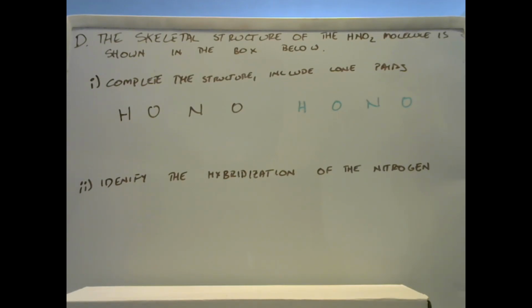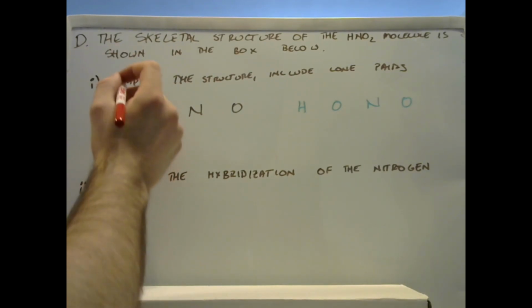It says the skeletal structure of the HNO2 molecule is shown in the box below. Complete the structure, include any lone pairs. There are two ways to really draw this: the way that you're traditionally taught, or the way the AP exam often will give its answers. Let's go through both. First things first, when asked to do a Lewis structure, figure out the Lewis dot diagrams for